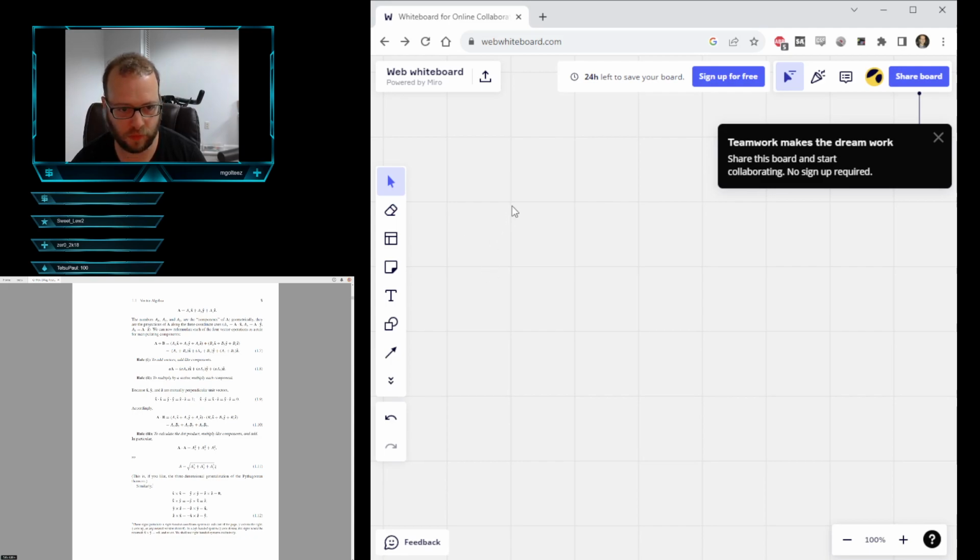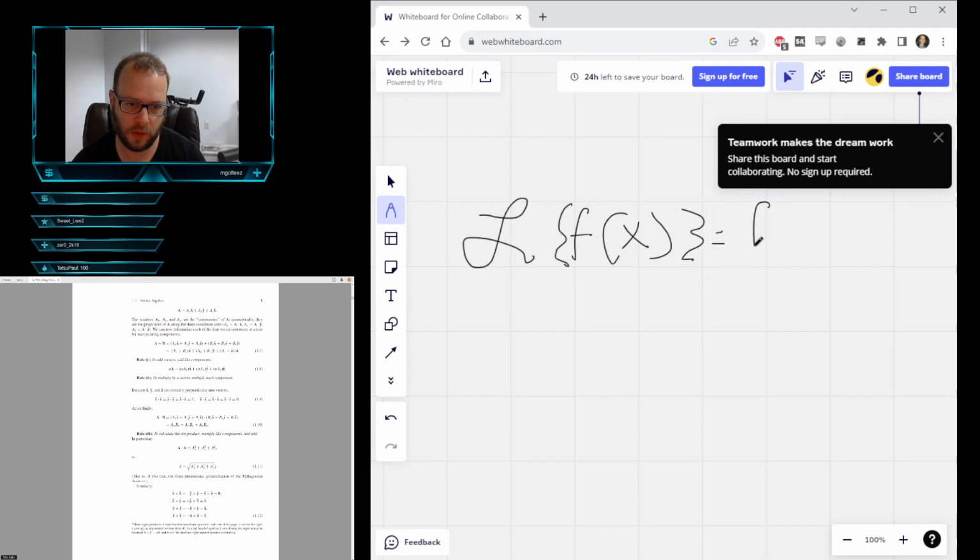The Laplace transform of f of x is equal to the integral of f of x times e to the s of,